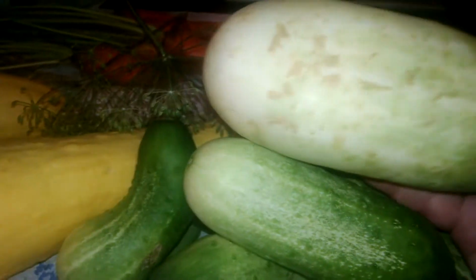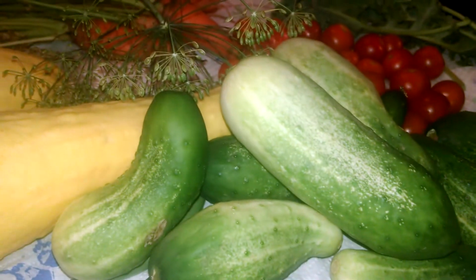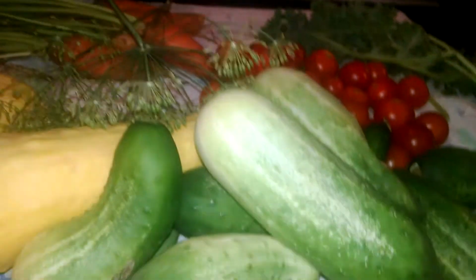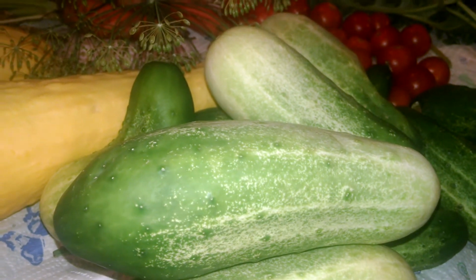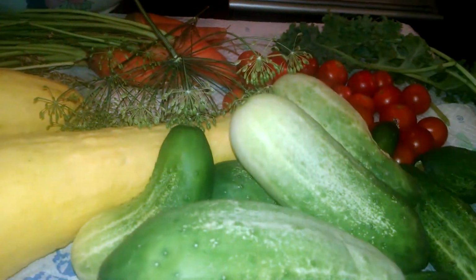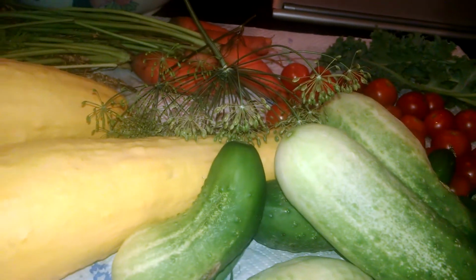If this one doesn't taste great sliced, then I'll grate it and mix it in some yogurt and make some tzatziki, or make a salad dressing. That would be good. Or I saw a recipe on Pinterest for cucumber hummus. I haven't tried that yet, but this might be a candidate for that. And I love hummus. So I've got a lot of work to do with my pickles, and